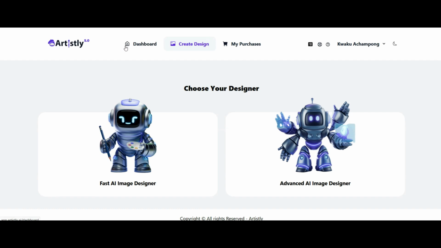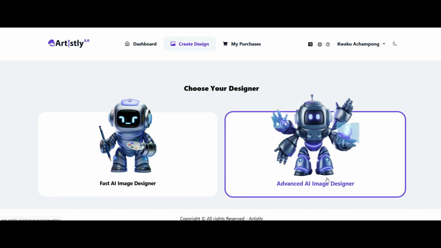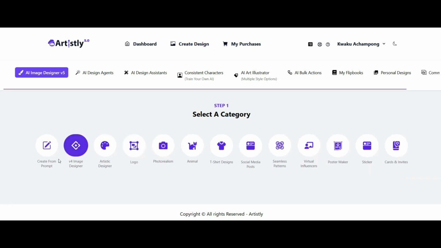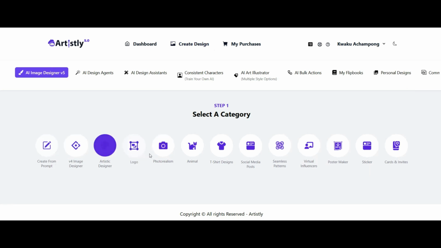So when you log into Artisly AI, this is the dashboard here. You have two options to choose your designer: advanced AI designer and fast AI designer. Fast AI designer is mostly what I choose because you get all these options here that you can use depending on what you want to create or what you want to do. So here it says